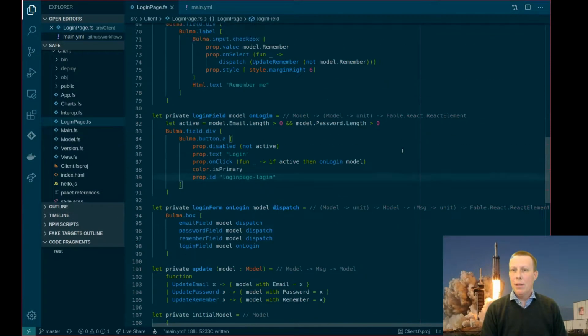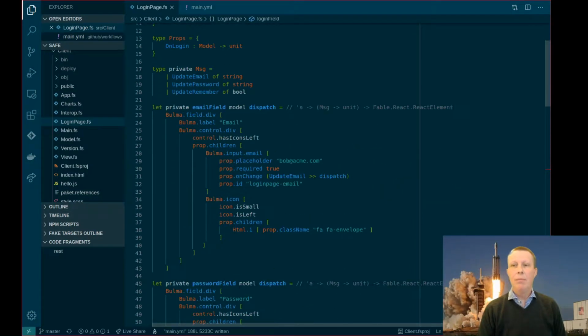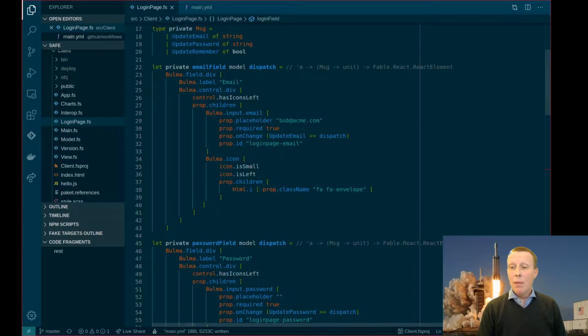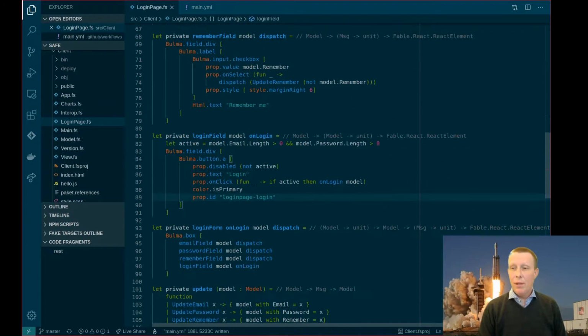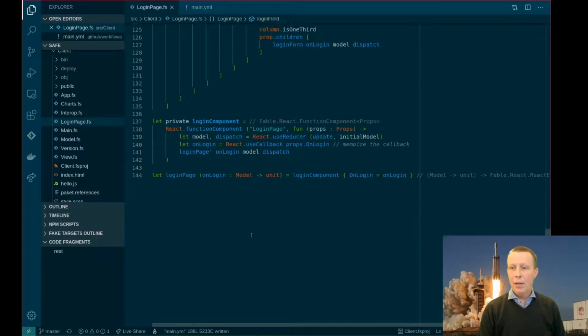Now, here's the final little thing. So this is the login page. It's extremely straightforward. I pretty much nicked it off some Bulma template thing and just turned it into Feliz Bulma, most of it. So you can have a look at how that's implemented. The only thing that is sort of special with this code, it comes here right at the end, is instead